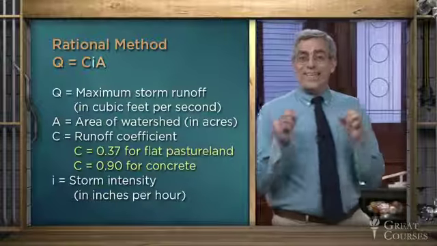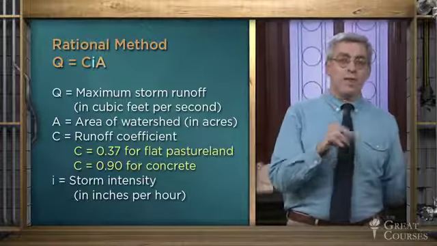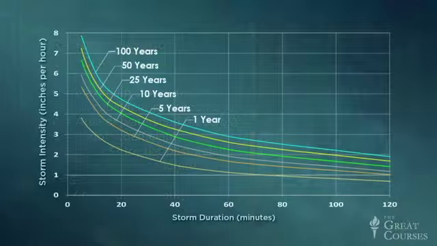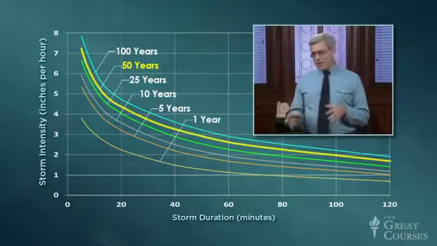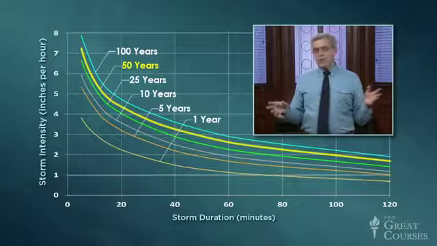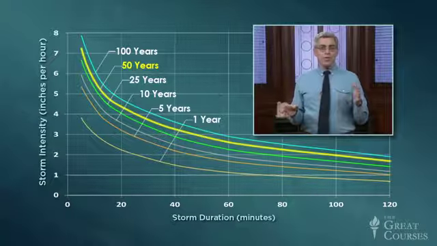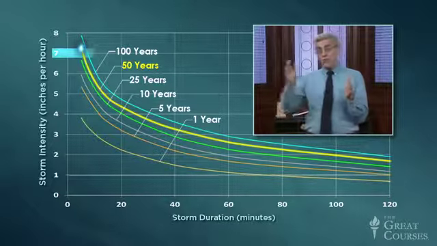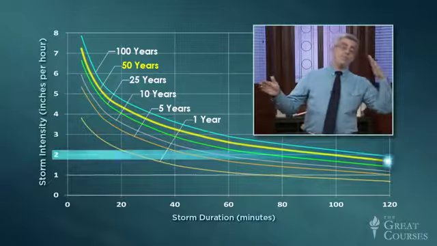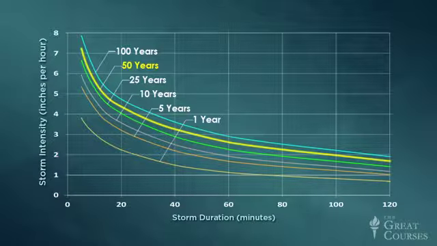Finally, I is the intensity of the design storm in inches of rainfall per hour. But referring back to our IDF curve, how do we determine an appropriate intensity when the curve ranges from a maximum value of 7 inches per hour all the way down to a minimum of less than 2? Well, to answer that question, the rational method assumes that the maximum possible discharge occurs when the entire watershed is